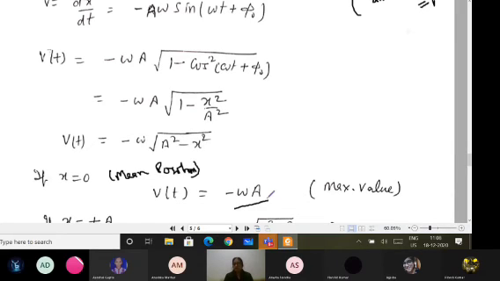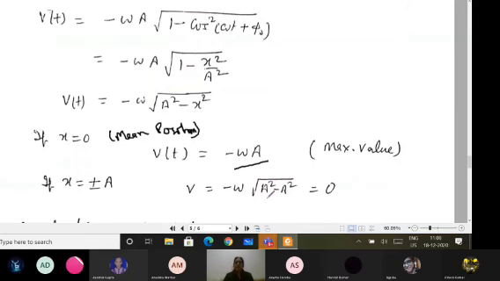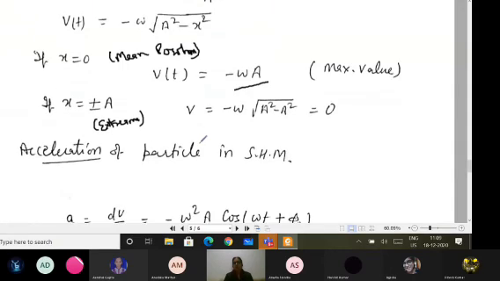This is also to be noted. And if it is at extreme position, if the body is at either of the extremes, positive sign or negative sign, because if I am on the right side it is positive, left side negative, then the velocity I am getting is equal to 0. So there the energy will be the potential energy at the extreme position. At mean position, all the energy will be the kinetic energy. That also we will discuss in the coming lecture.